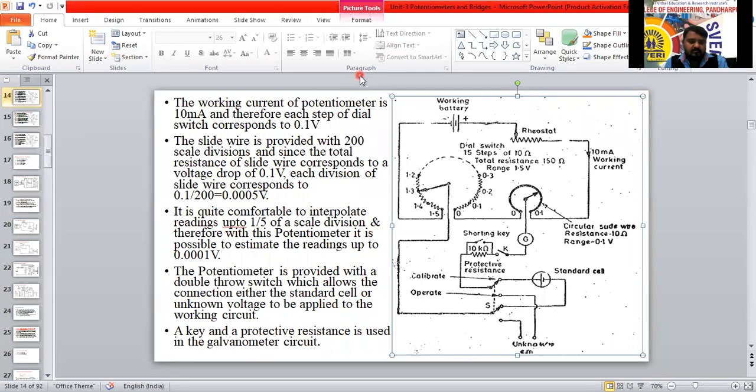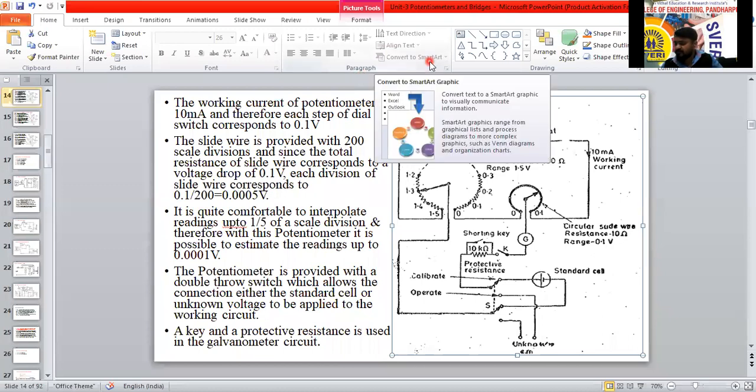No doubts, so we'll stop here only. Next tomorrow we'll discuss the applications of the galvanometer. Before stopping, today I have sent one message here now